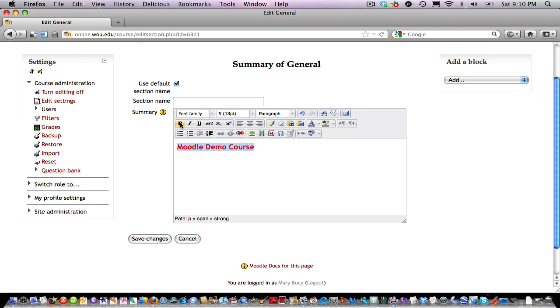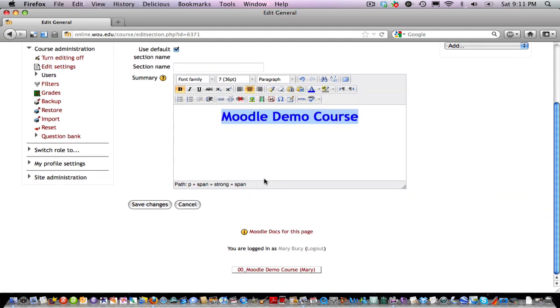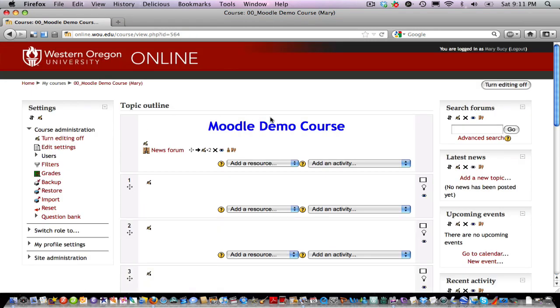And I can highlight the text. I can change the font size. Let's make it really big. I could change the color if I wanted. Let's make it blue. I can center my text, and I can save the changes. So once I've done that, this will pop up at the top of my page, and I've now got a